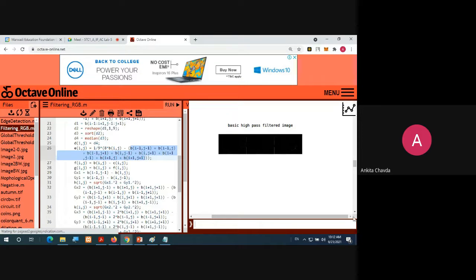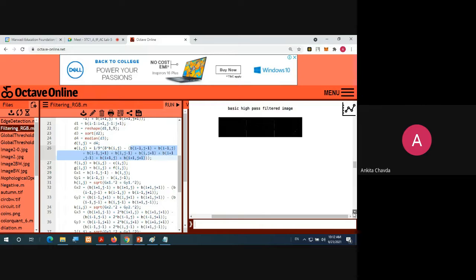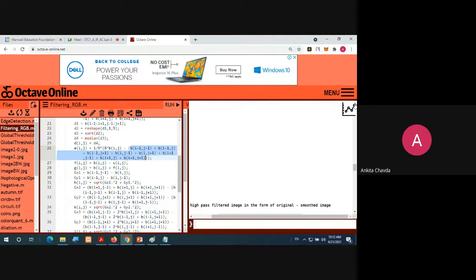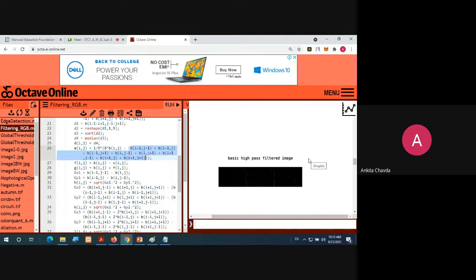This is your Laplacian. So you can see over here the edges would be there.